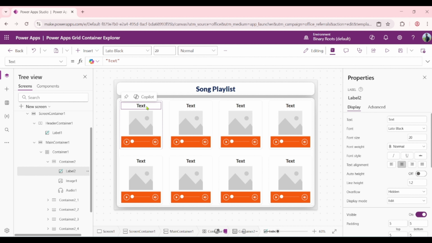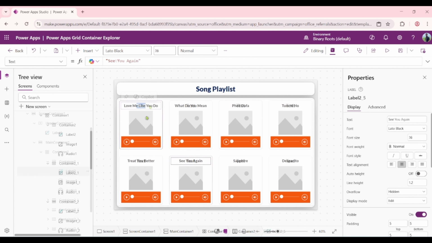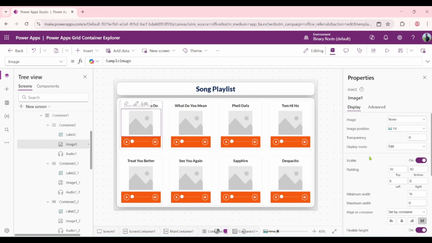After designing the screen, I want to change the text label, which is basically the song name. Then I want to add the images of the singer. So first I will change all the names of the songs, change the label names. I want to add the images, so I simply select the image,